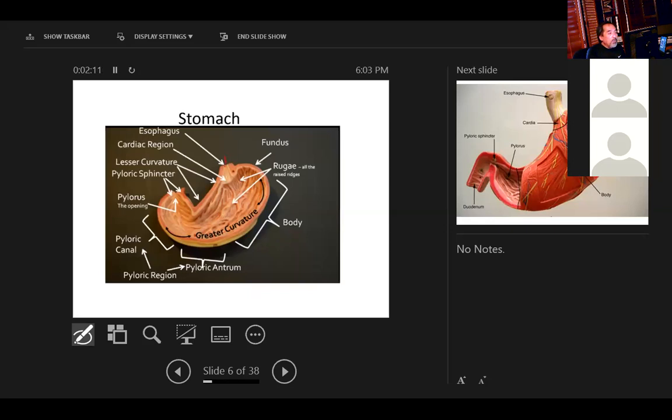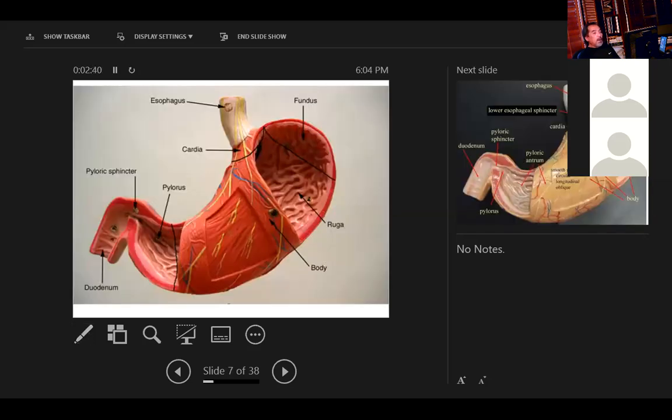It actually becomes smaller because of the cardiac valve, okay, through the cardiac region. And then this is the fundus, the body, and the antrum, the canal. Okay, this is the antrum, this is the canal, and then the pylorus with the sphincters. Okay, again, lesser curvature, greater curvature, and inside a raised ridge called the rugae. Right? Okay, so we're going to concentrate here more onto the